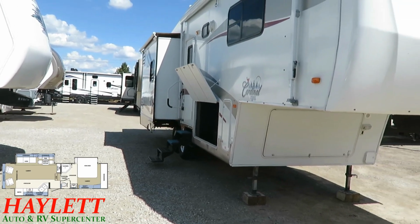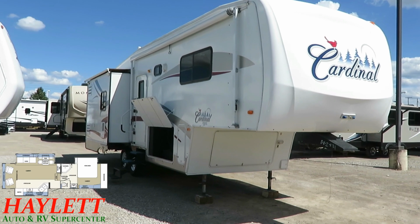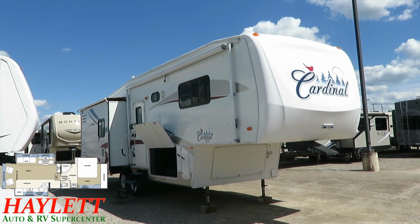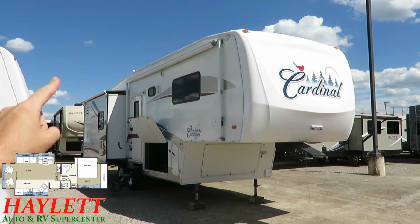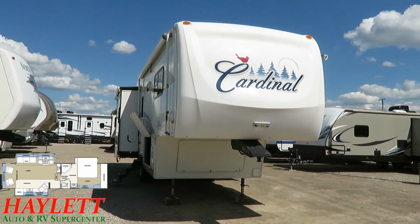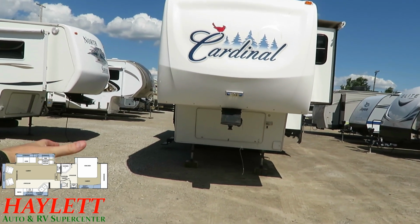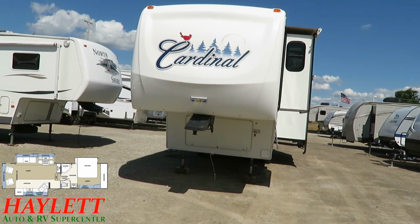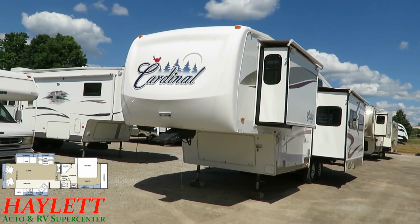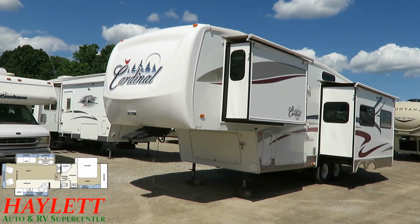Now I can tell you that at one point this was used on something like a seasonal or permanent site, and they had an awning screen room, and I can tell you that because of the little button snaps that are still remaining on the sidewall and around the nose of it. That's just a dead giveaway that somewhere this thing was parked, where they put one of those skirts under the gooseneck, and around the awning they had a nice little tent screen room. So maybe they had it at something like a permanent or seasonal site, but obviously they stored it away from